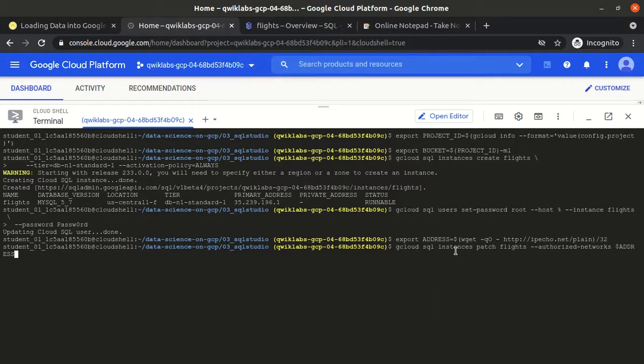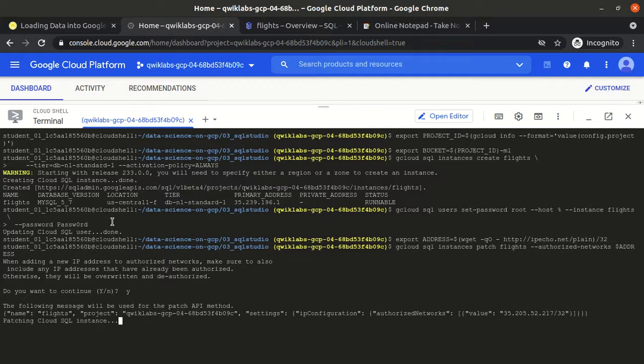We will use the gcloud sql instances patch command, and we will give the authorized network and the address, and the address is the IP of this particular VM. It will take some time to give the authorization.